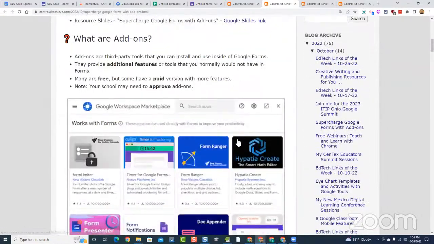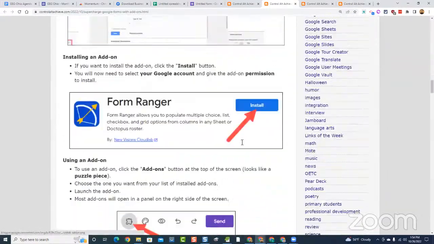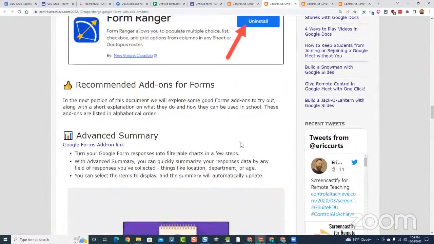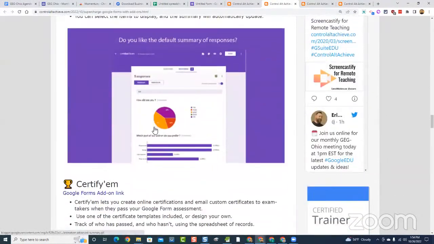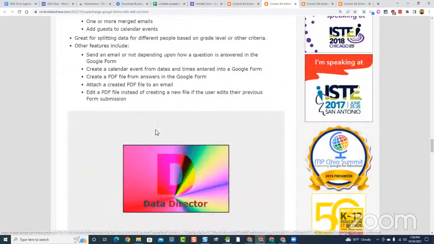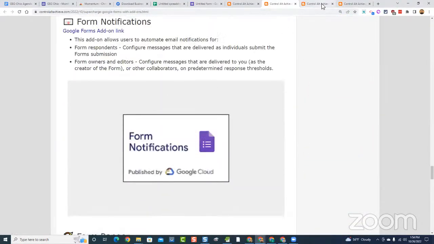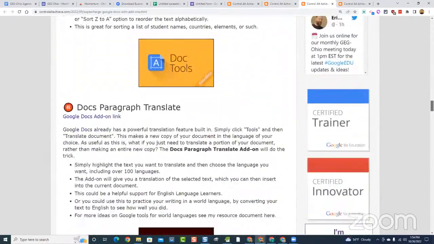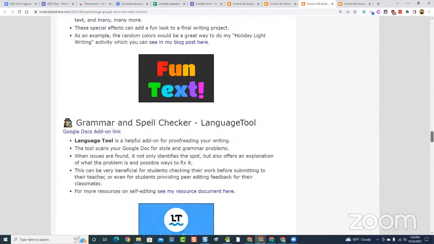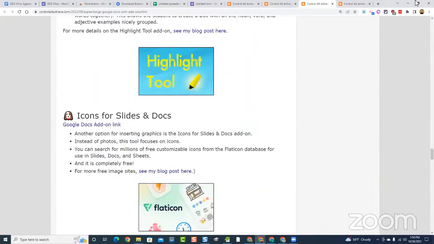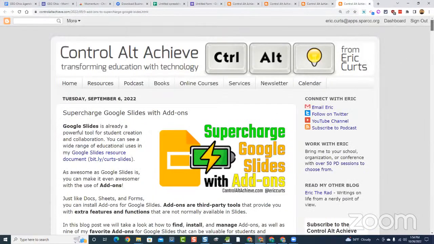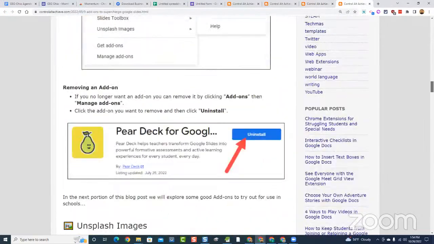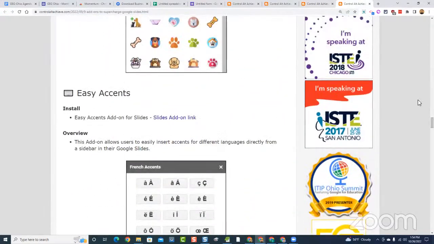And basically I explain how to install the add-ons, but then I go through what are some of my favorites. And so in each case, I say, okay, here's some add-ons I like for forms. This is what they do. Here's how they work. So I go through a bunch of my recommended add-ons for forms, and then I do the same thing for docs. Here's 17 or 18 add-ons that I like in docs. And then same thing for slides. Here's a whole bunch of my favorite slides add-ons. So anyway,